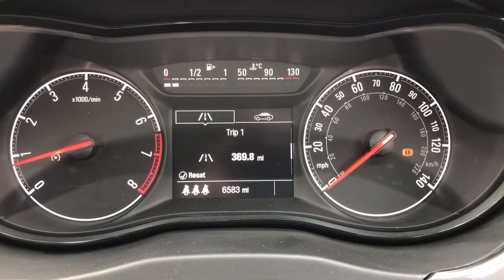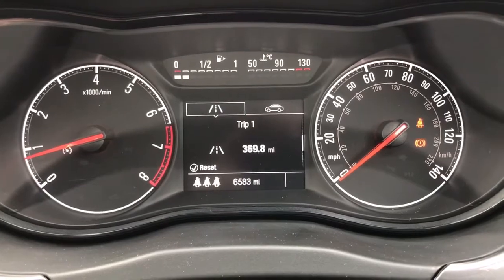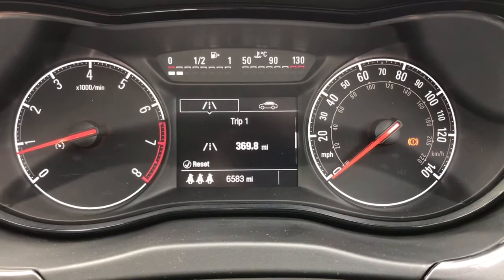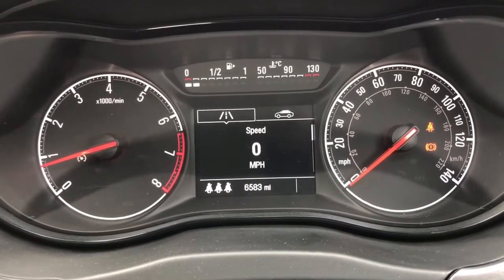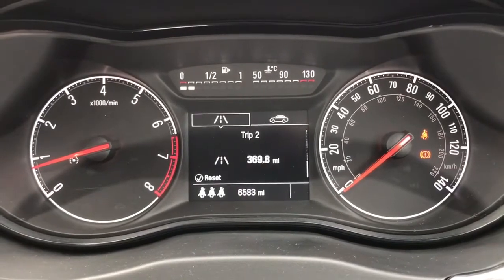On the left hand side is the rev counter, and on the right hand side the speedometer. In the middle you can see the total miles on this car are 6,583, and then right at the very top we've got the fuel gauge and coolant temperature gauges. You can change the information that's displayed on that trip computer by pushing a button on the indicator stalk, so you can get things, for example, as you can see there, like a digital readout for the speedometer